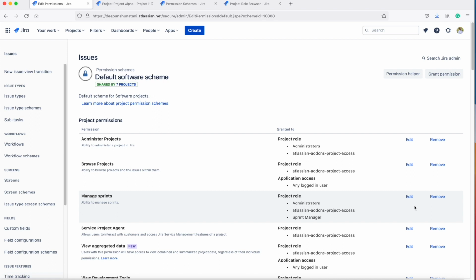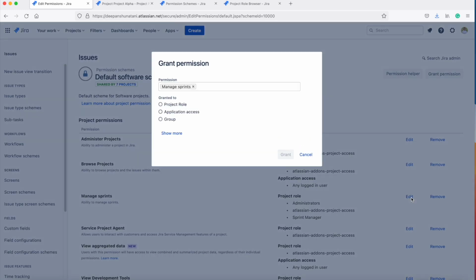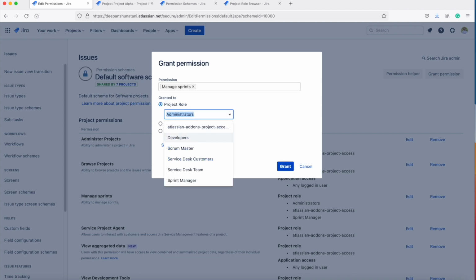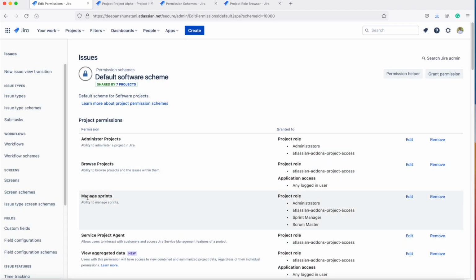For manage sprints, I can again click on edit, and then click on grant it to project role. Then I can select scrum master, and once I click on grant, this manage sprints permission has been granted to the roles administrator, sprint manager, and also scrum master. So if I want to assign the user this manage sprints permission, I can add the user to any of these three roles. Now I will go back to my project,